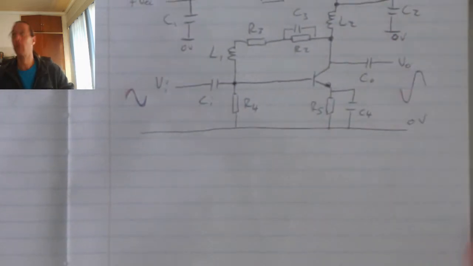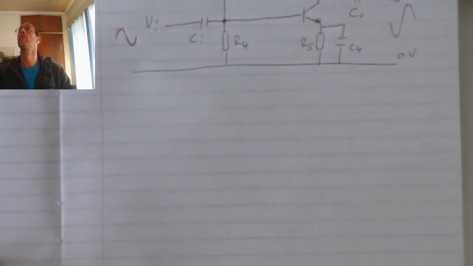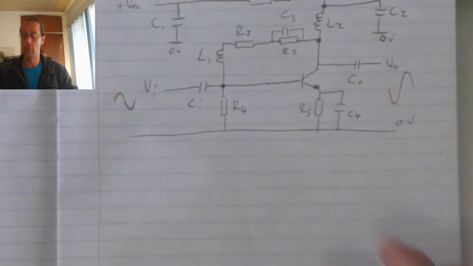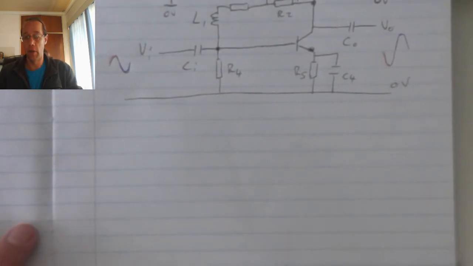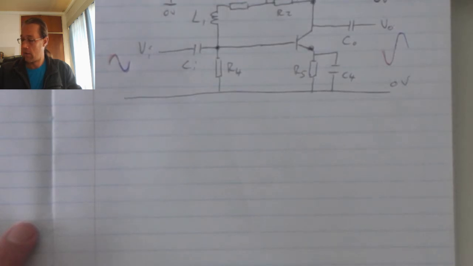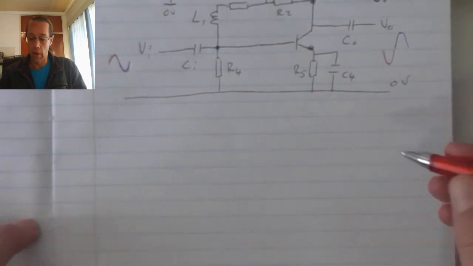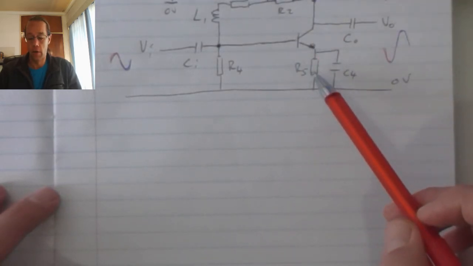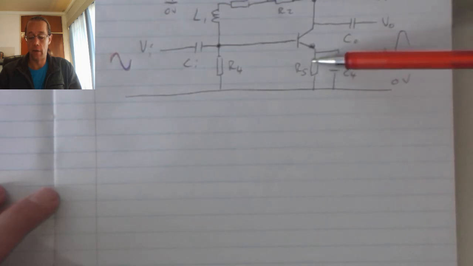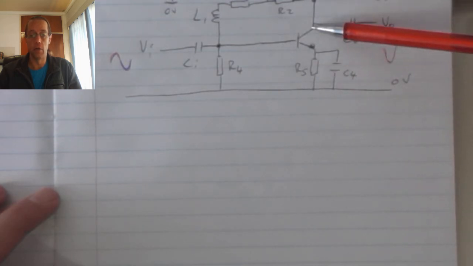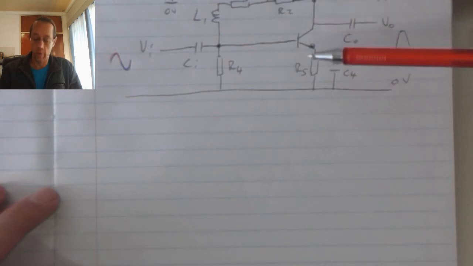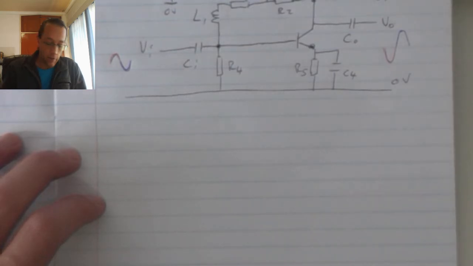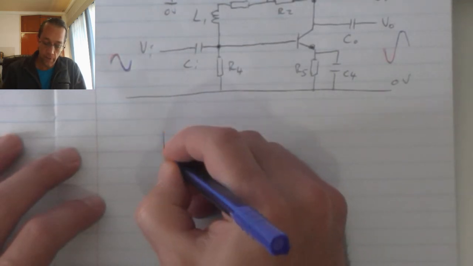Now, because of the tank circuit L2 and C2, this circuit will operate at a set frequency. Because of the impedance in the rest of the circuit and the resistance in the rest of the circuit, namely R5, and the impedance of the transistor, we will get a Q factor that is determined. Now looking at the frequency response,